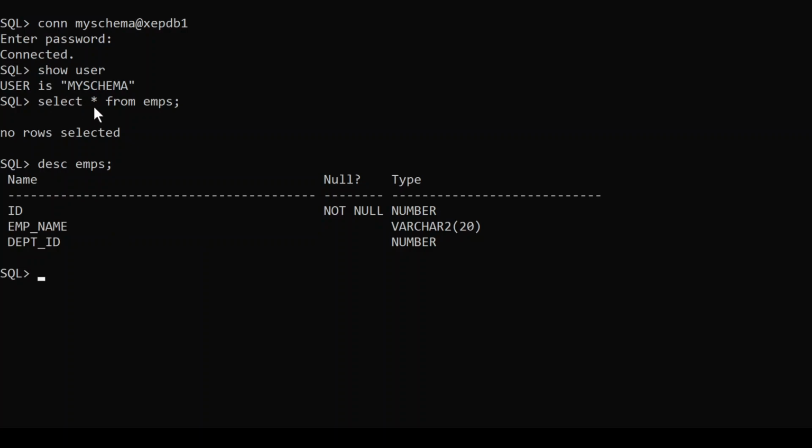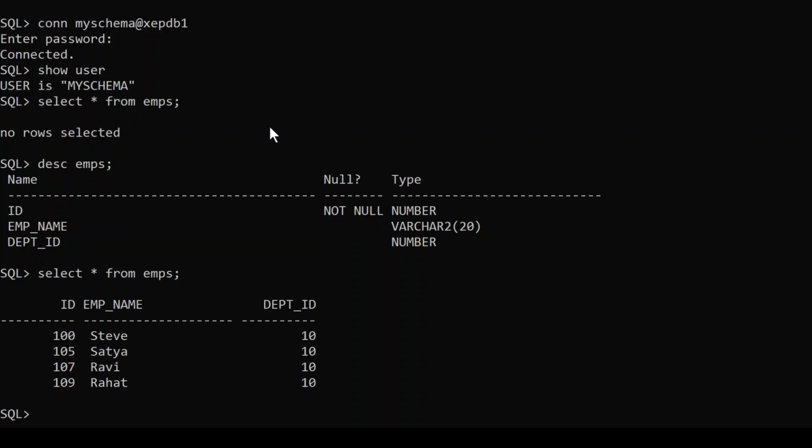Earlier we checked here, no rows selected. So now we check again. Yes, we have 4 records in the EMPS table: ID, EMP name, DPT ID.